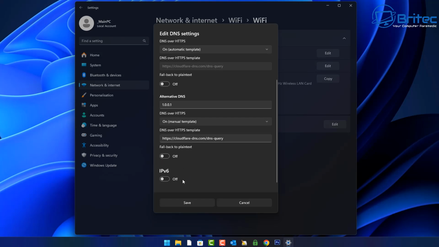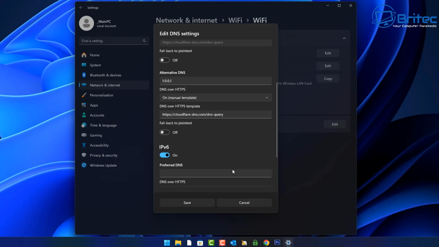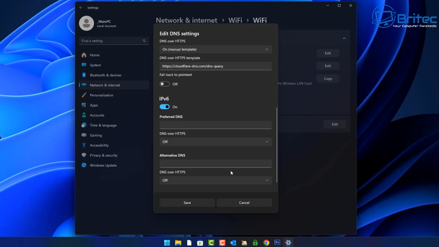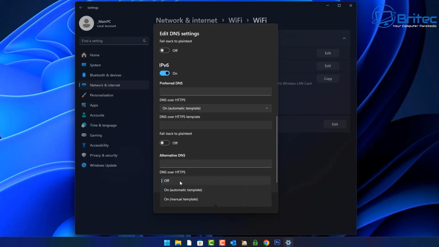So what happens if you want to change it for IP version 6? You'll need to toggle this one on if you're using this one. Now the IP version 6 uses a slightly different DNS server address, so we need to change these. So first let me go to DNS over HTTPS and put this on automatic template here for both of these. And for the preferred DNS, we need to put in this number right here. You can find all of this information on their website, and you can use different DNS servers if you want to, but you need to put in here